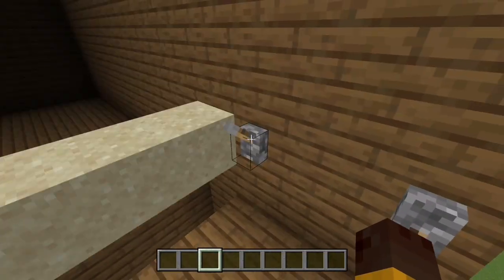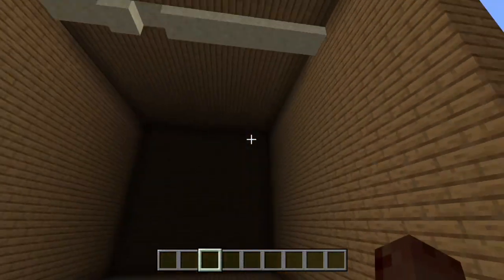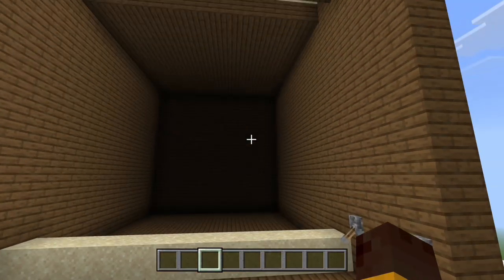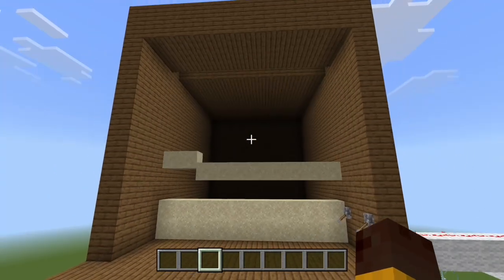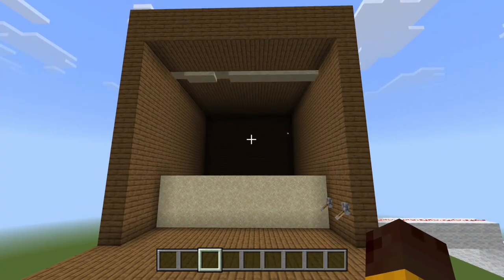So now if I close this right here, the sand will start to stack up, kind of like if the door was closing again. So overall, it's a pretty simple mechanic,